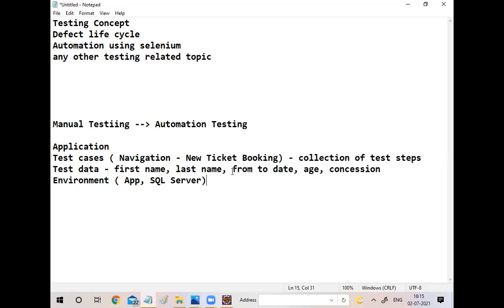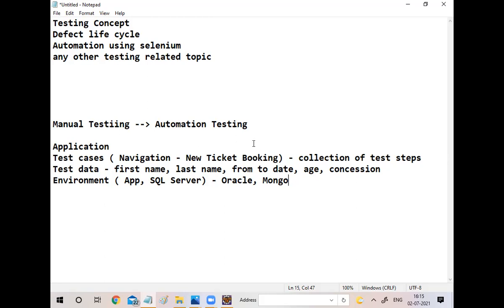I'm just saying it's a SQL server, but there are different databases actually. Oracle, okay, and so many others. But that depends on the client. Some people will be using SQL Server, some Oracle, some Mongo, some Excel also, and Microsoft MS Access also. So it depends on the company's need actually.